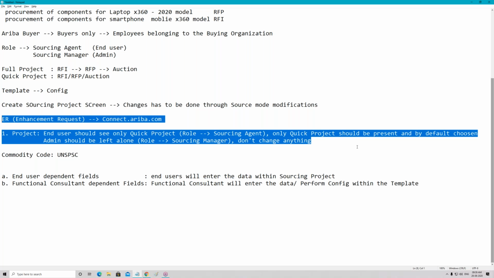Instead of doing it within Ariba, they use an ER which is not required and can be done in Ariba itself. See, the thing is, when you work in ERP, forget about Ariba for the time being. When you work in ERP, if you cannot do anything through the help of SQL or configuration, what will you do? You will go for the technical guy, basically for an enhancement, screen exit or BAdIs over there, right? Why? Because the configuration options are not available. But if the configuration options are available, still I will ask the technical guy to do this.